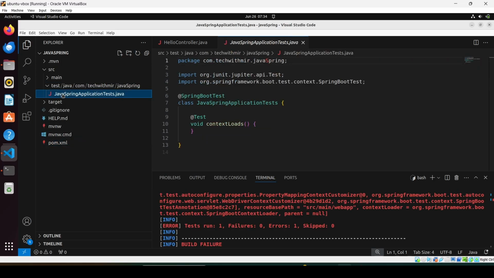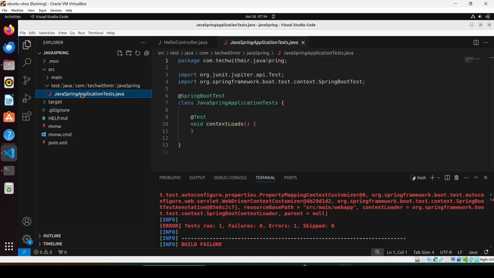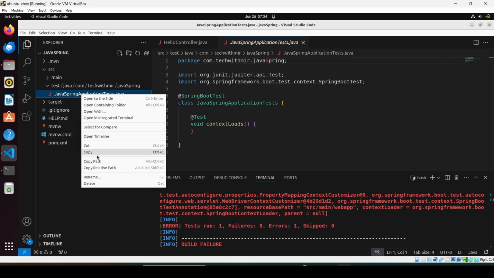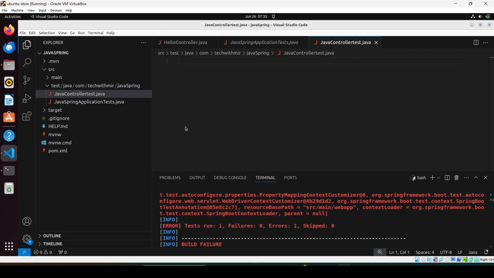In test, Java application test. For this purpose, to create the Java controller test, open, create a file, ControllerTest.java, create a file, and